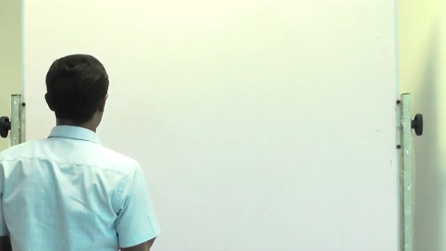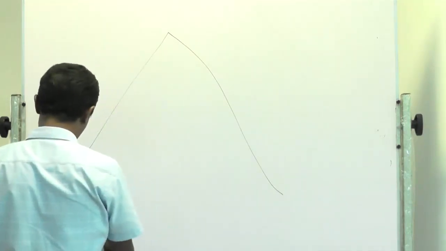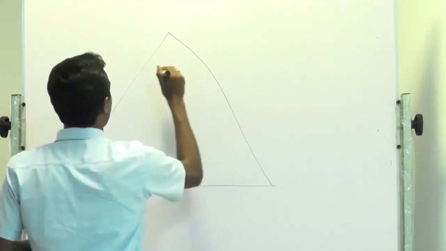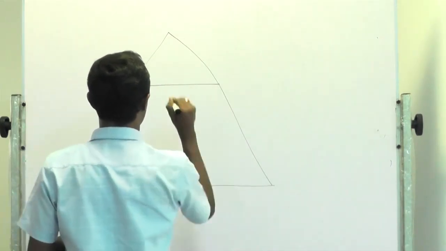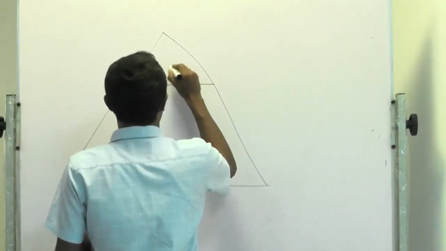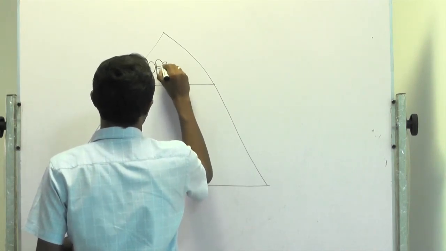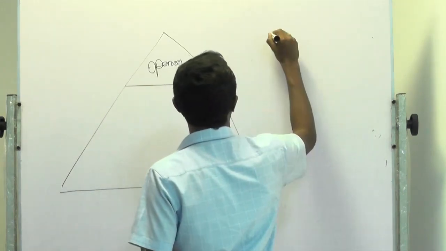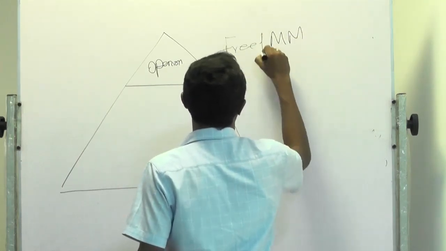Now, if you look at the process of auditing, if I were to conceptualize it, let us say this is the end result of auditing. So, what is the end result? There is a separate auditing standard on the objective, but to simplify, the end result of auditing is to give an opinion. But what is this opinion? It is about MM. So, who is MM? Financial statements are free of material misstatement.